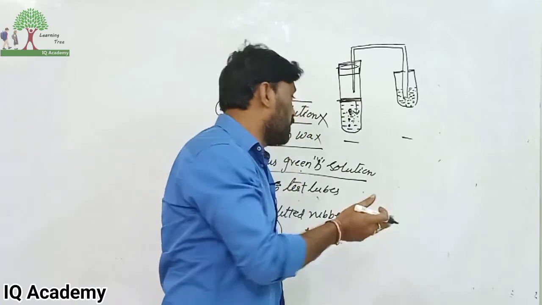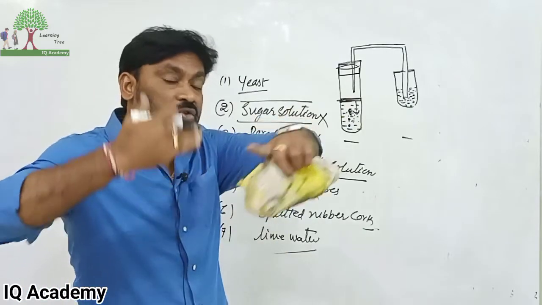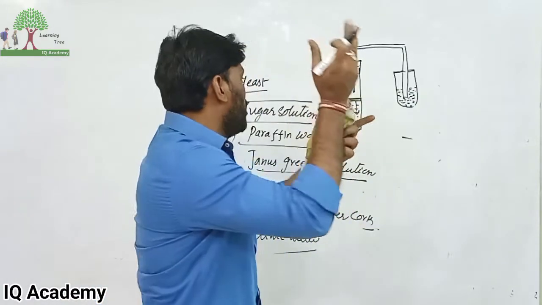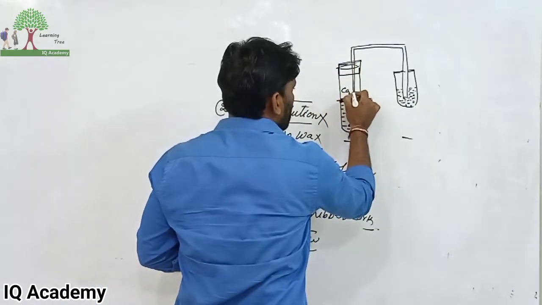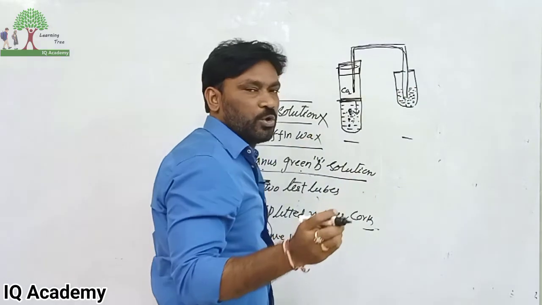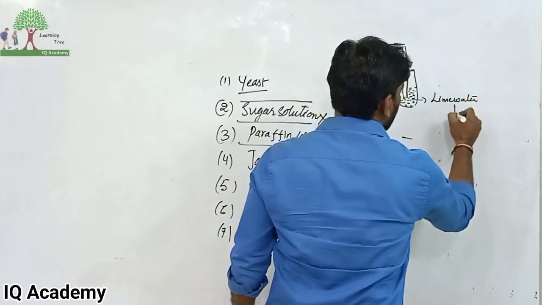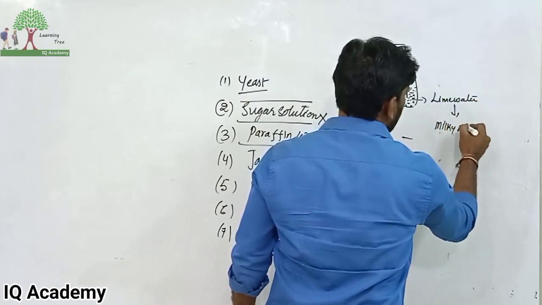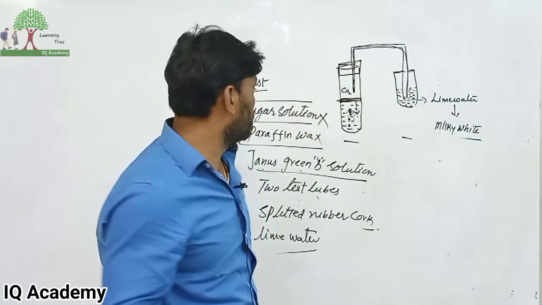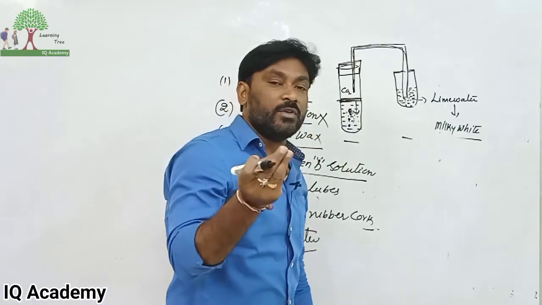anaerobic respiration takes place, nothing but fermentation takes place. While fermentation takes place, the sugar solution changes into alcohol. When the sugar solution is changing into alcohol, carbon dioxide is released, and this carbon dioxide will be taken away from the test tube into the another test tube with a long tube which is inserted into the lime water, and now this lime water turns milky white. See, we can prove that with this experiment. We can prove that fermentation takes place in the sugar solution with the yeast.